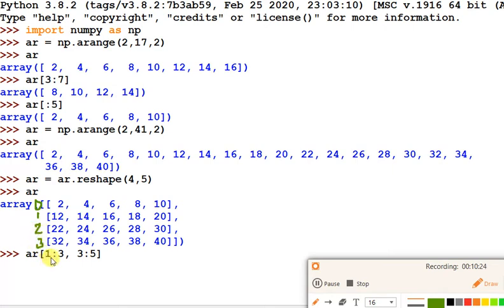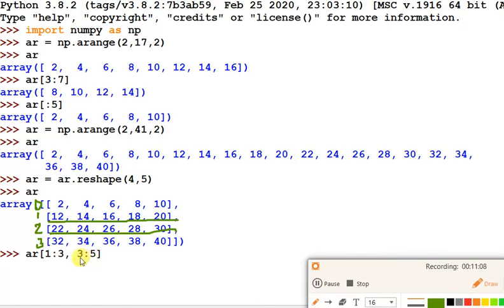Suppose this is n and this is m, so n to m minus 1, so it will select rows 1 and 2. 2 will also be selected and 3 will be exempted, because it is n to m minus 1, so the last value will not be selected. It will select the rows from 1 to 3 minus 1, meaning up to 2, and then these two rows have been extracted, and then you apply the column values 3 to 5 on the extracted rows.